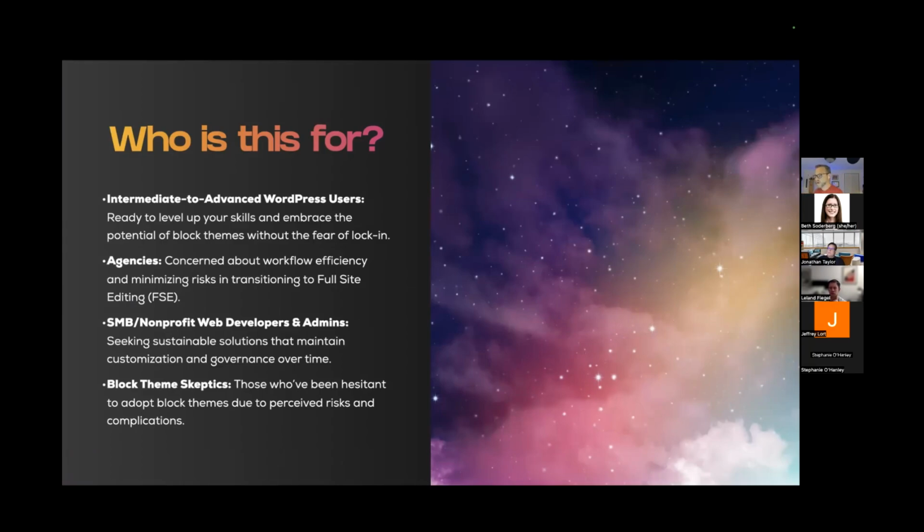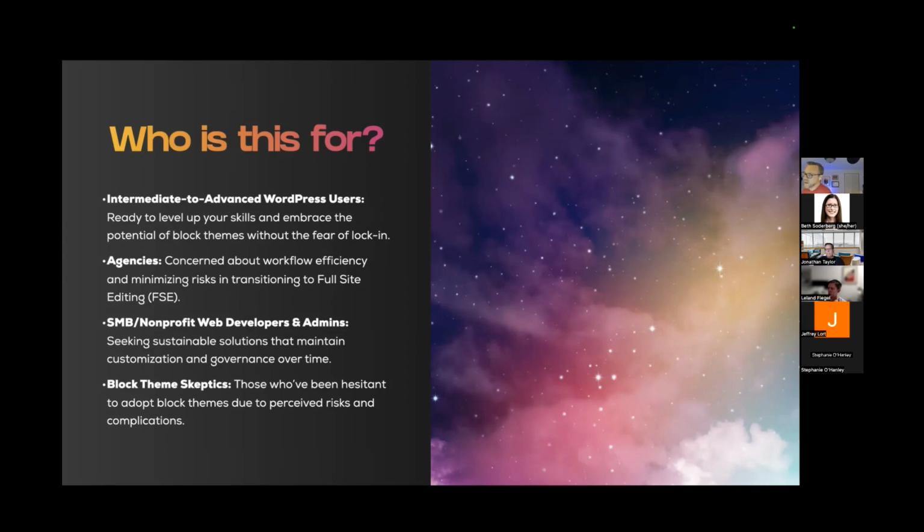We've got a lot of long in the tooth builder-based sites and classic themes that need to be brought into the modern era of WordPress. But there's opportunity cost, there's risk associated with it, and agencies coming over to the block paradigm is a huge component of moving things forward.